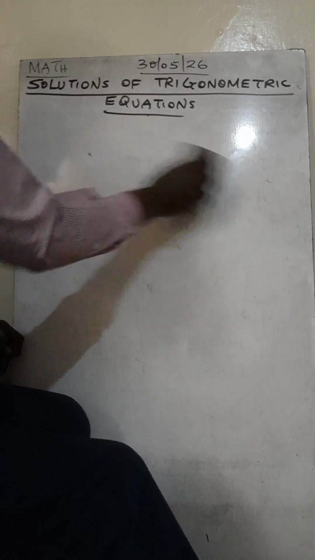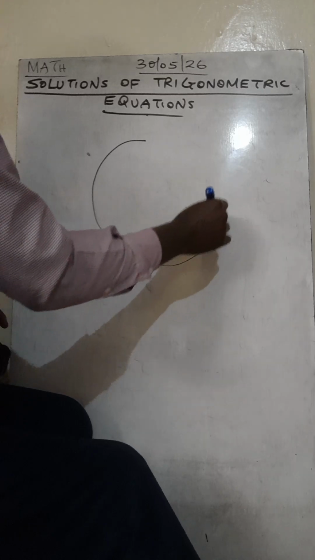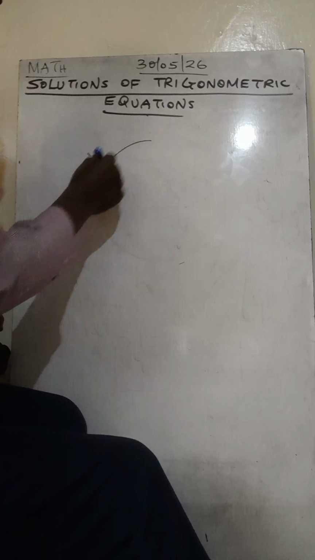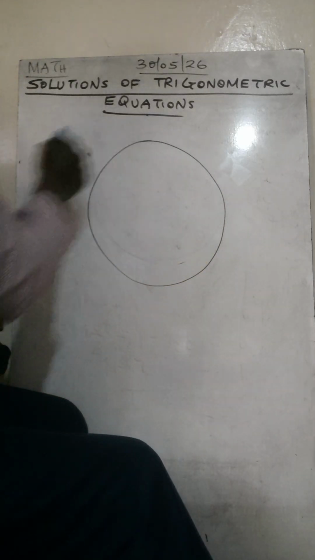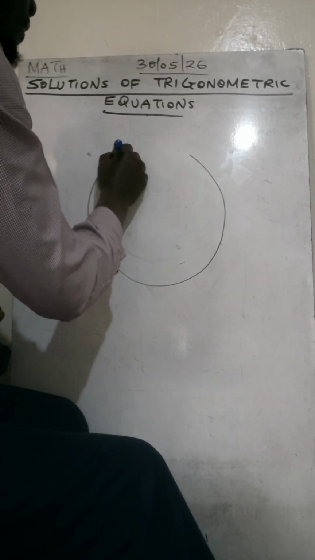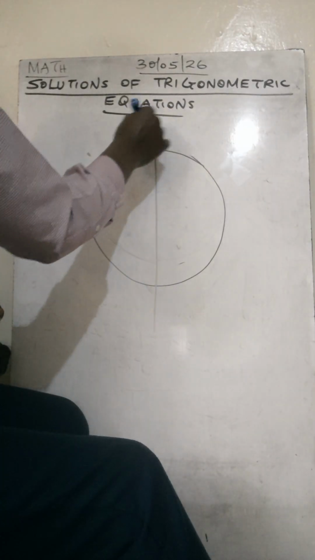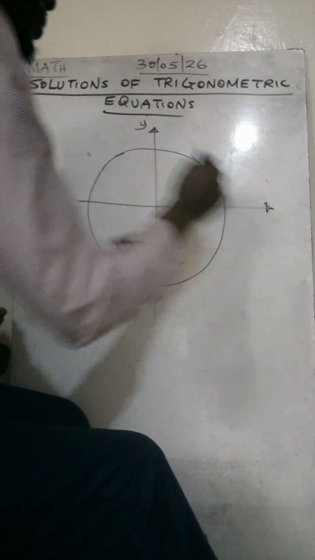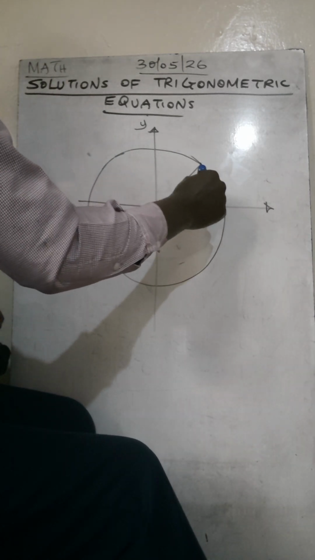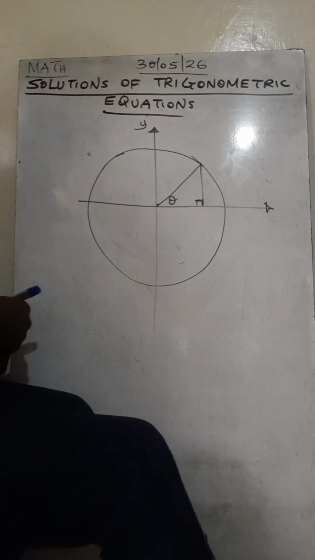Another thing that we need to know is this. Very important. Using the same circle, the y-axis and x-axis. So we have the right-angled triangle here with angle theta. We have said that